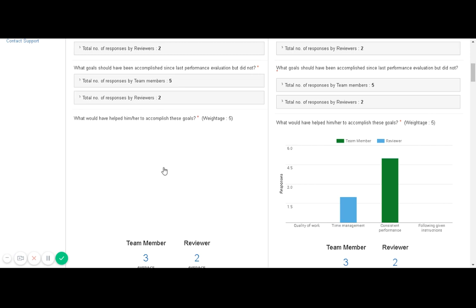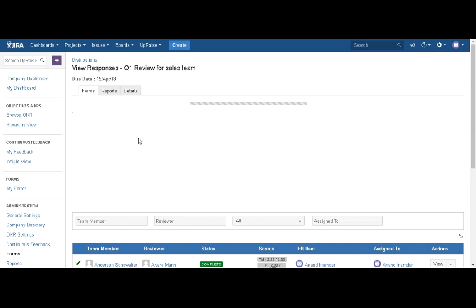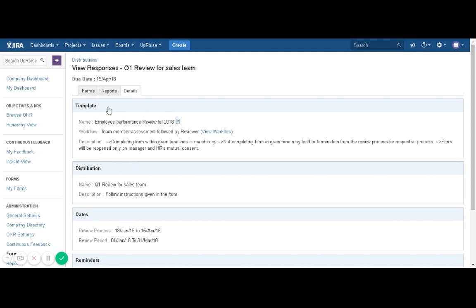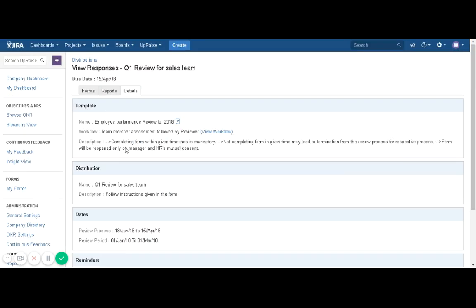Then the next part is going to be details. In the details option, the system will give you all the basic details of the distribution. If you have distributed any form, you would remember that there was a section where you need to do some distribution related settings. So it shows you all the same sections here: template, distribution, dates, then reminders, etc. So you will see all the details, whatever selections or distribution settings you had made at the time